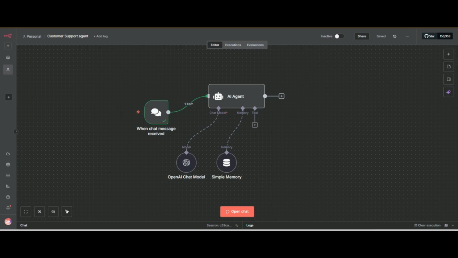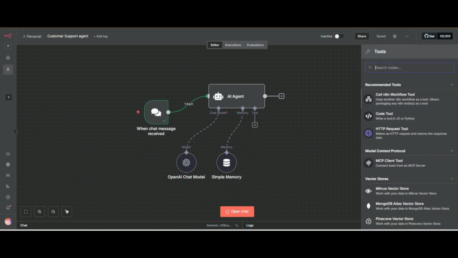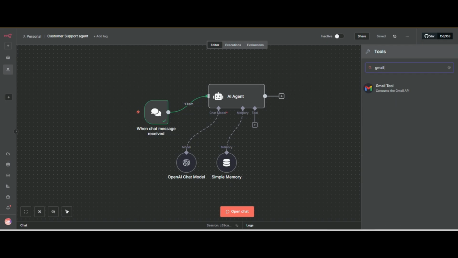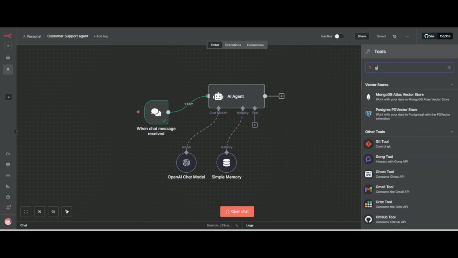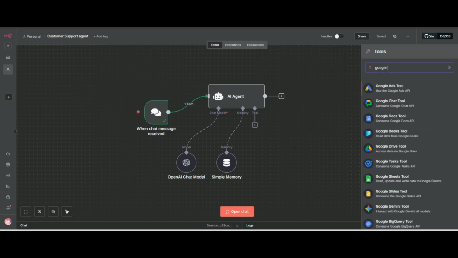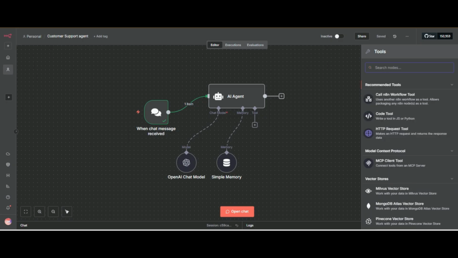So click on tool, and you can select any tool, like I can select Gmail or Google Sheets or any other kind of data or app. But now we have to use data tables.